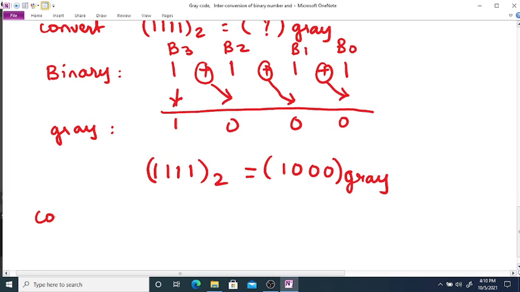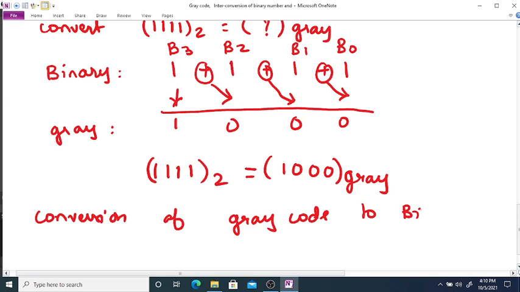Now we will see conversion of gray code to binary code.